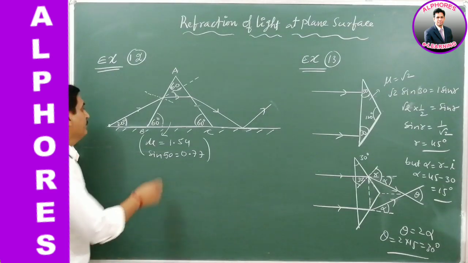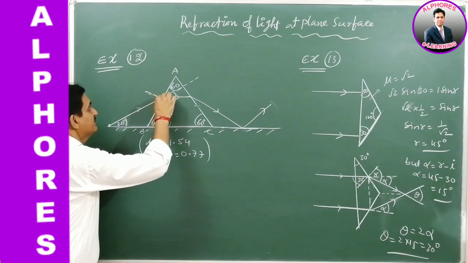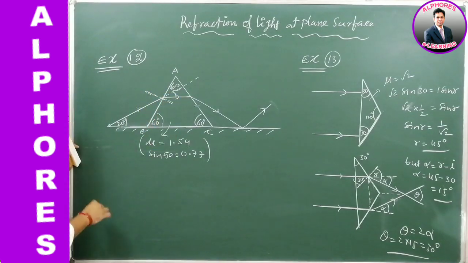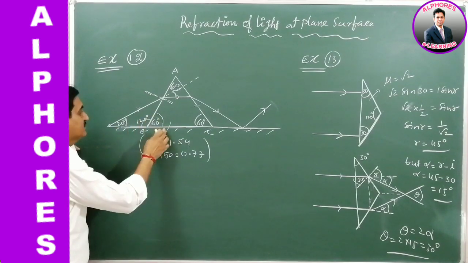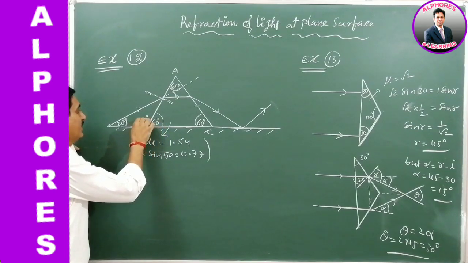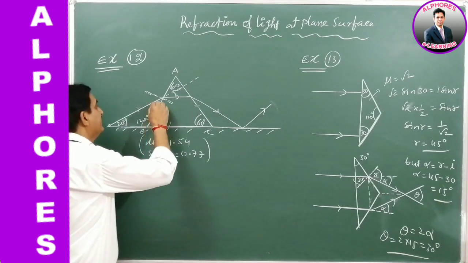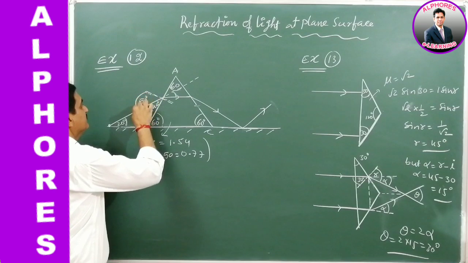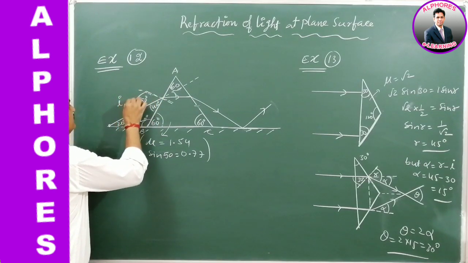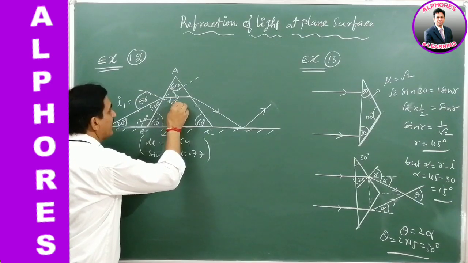See, very simple. Here 20 is given, the angle of incidence is not mentioned, but we can find that angle of incidence. This is 20 degree and this is 120 degree, because total 180, 60 removed off and 120. 120 plus 20 is 140, and the remaining will be 40 degree here, and this is 50 degree angle of incidence, I1. So this is R1, the angle of refraction.